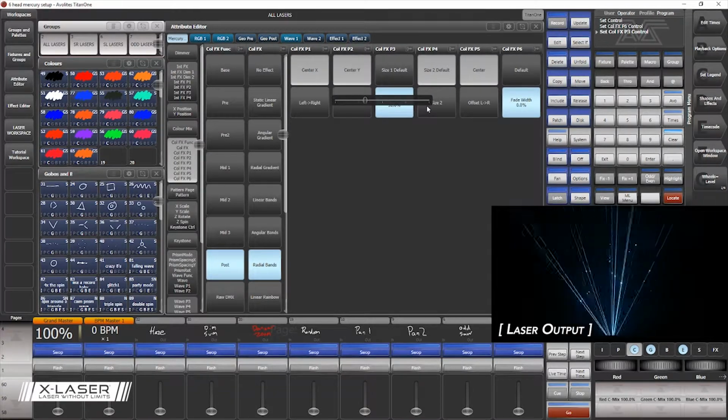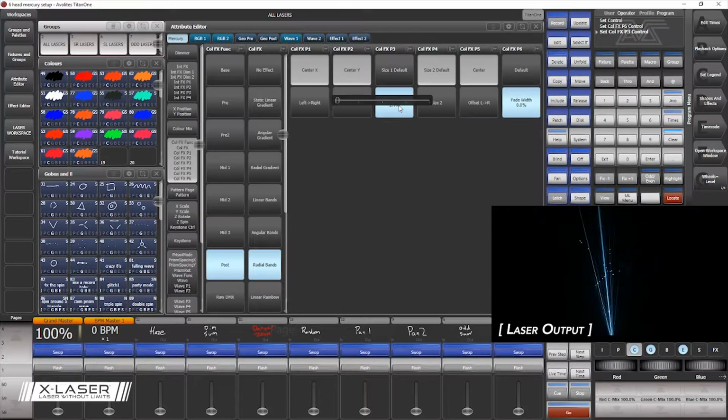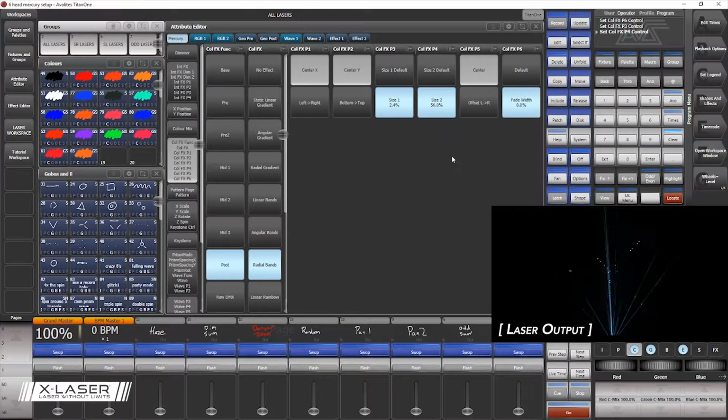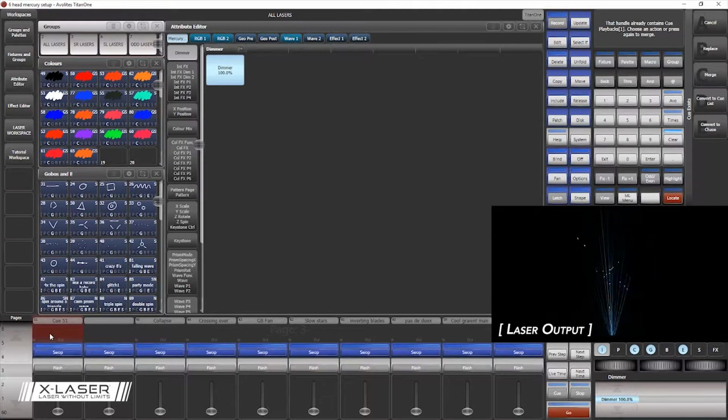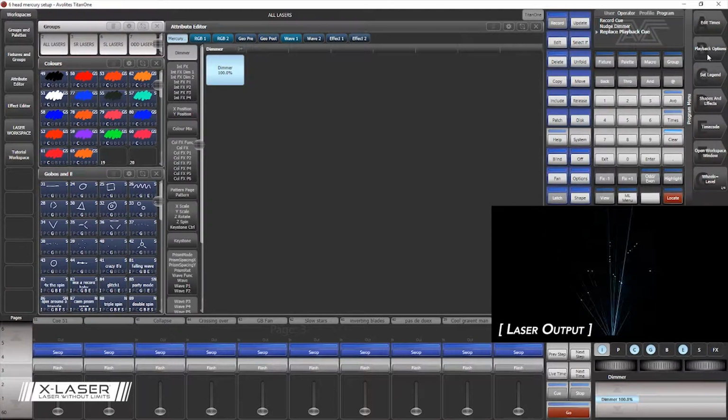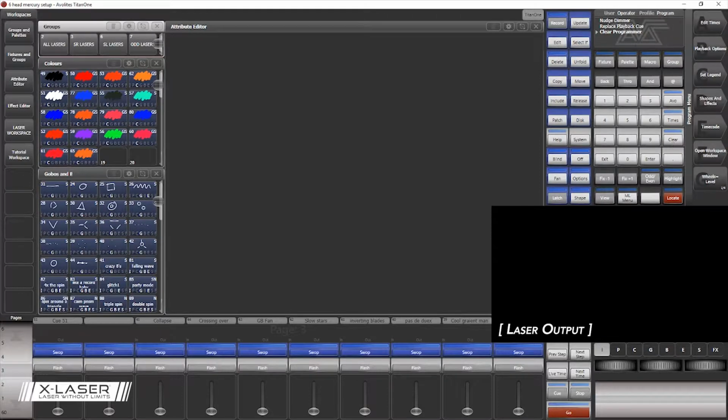Size 1 will go, and size 2. And there we go. Now we've got this cool little hot beam flash effect. As a matter of fact, I'll go ahead and record that. So now when I clear, I can just flash it. And I get that dynamic exploding hot beam effect